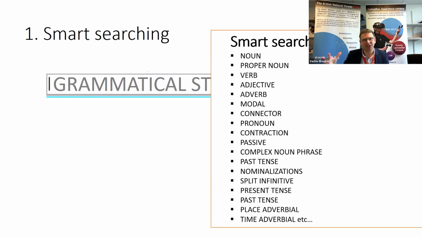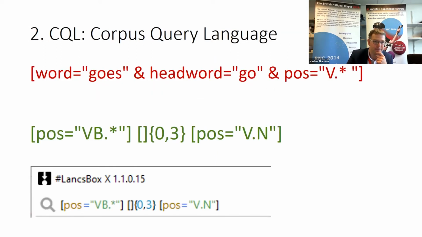You can combine these smart searches, so you can have a proper noun, verb, plus adverb, and you get a fairly complex syntactic structure out of the tool very, very easily, even if you don't know the underlying part of speech tagging. Obviously, Langsbox, as any serious tool, uses the CQL to give